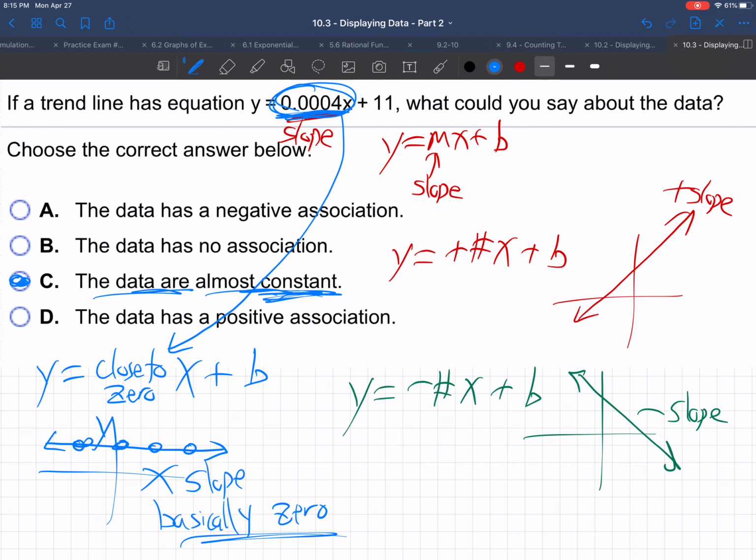They're constant. So that's what that equation means about how the dots would relate. The trend line is telling you the trend of the dots. The dots would be basically